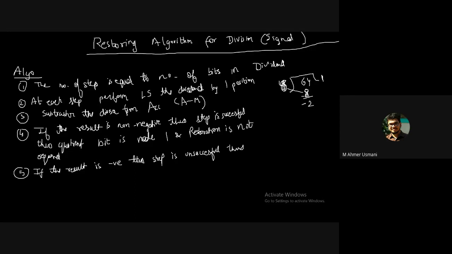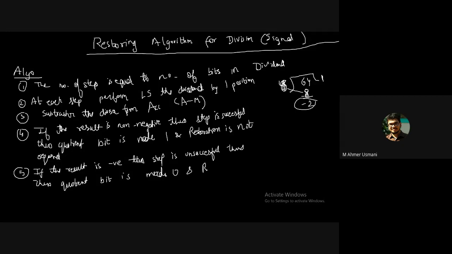It is -2. So since the result is negative, we can say that this step is unsuccessful. If it is unsuccessful, then what will the quotient bit be? 0. Very good. Then the quotient bit is made 0,